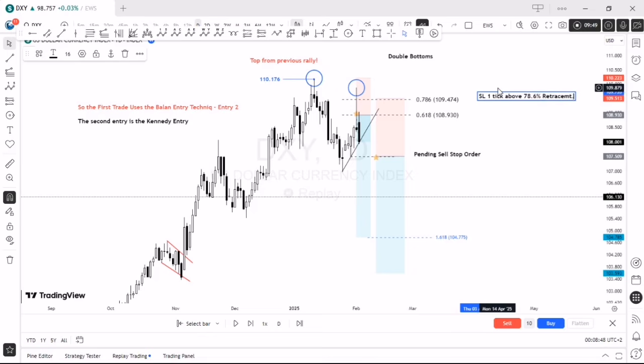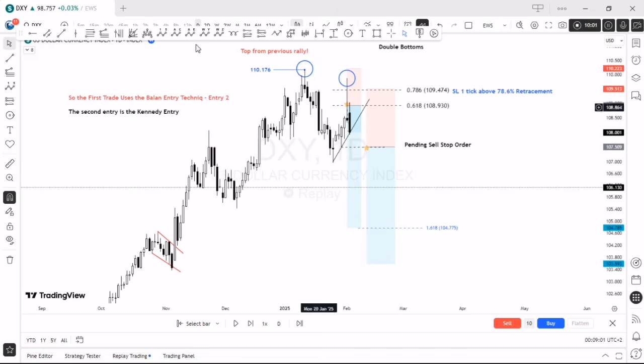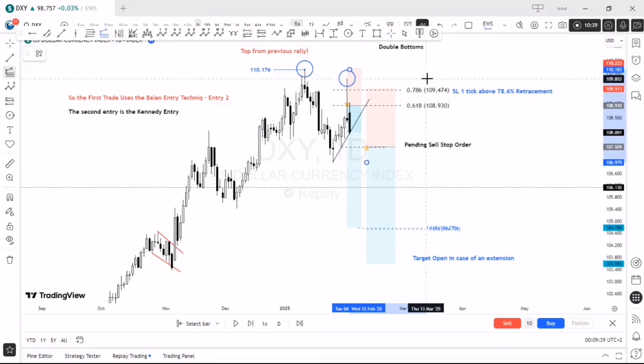Because sometimes you won't be there. So that you don't make rash decisions, I believe pending orders are really a way for me to go about it. So there I was planning on how I do it. I mean, I do it in real time sometimes. Even yesterday I did it like that. So this is me now planning my stop loss, planning my entry, and then my take profit, because again